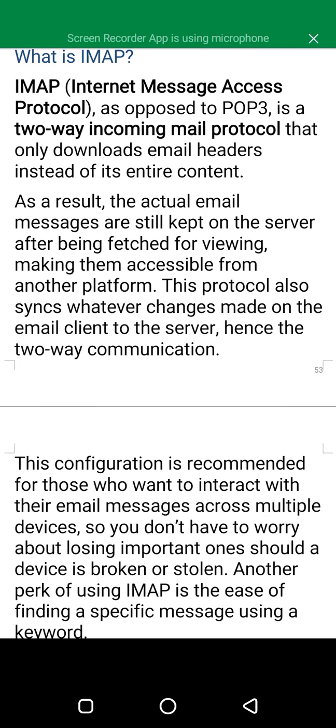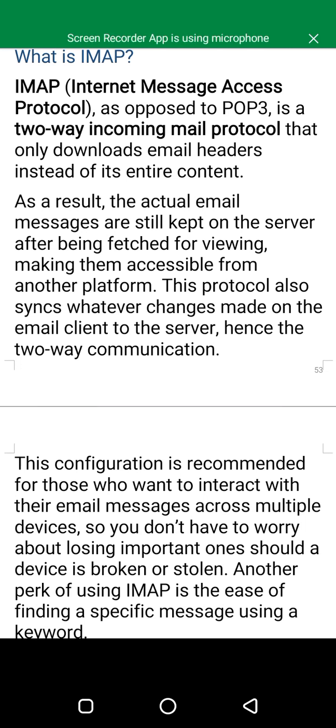As opposed to POP3, IMAP is a two-way incoming mail protocol that only downloads email headers instead of its entire content. As a result, the actual email messages are still kept on the server after being fetched for viewing, making them accessible from another platform.